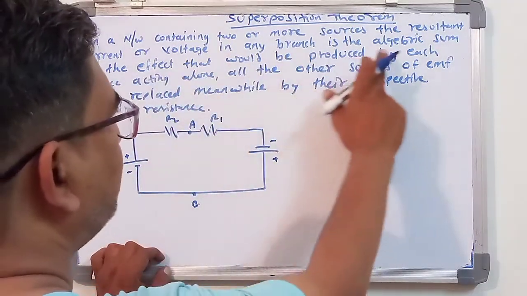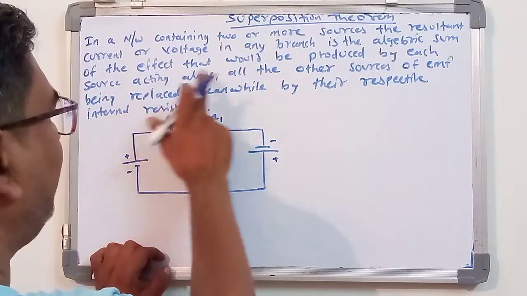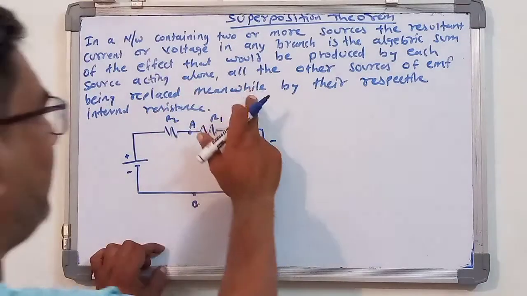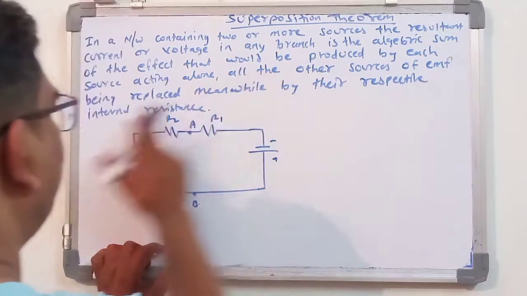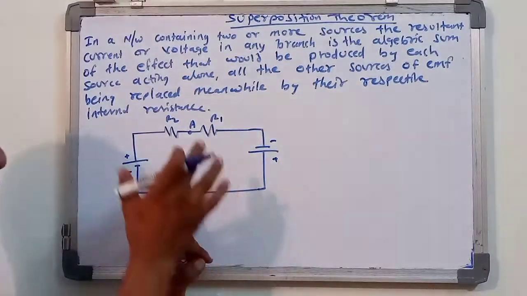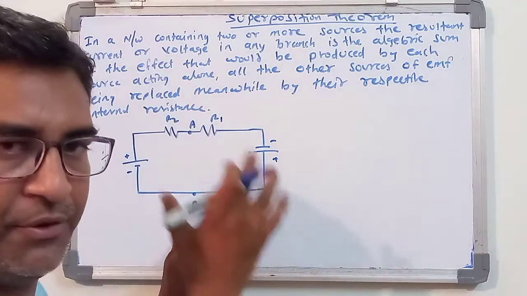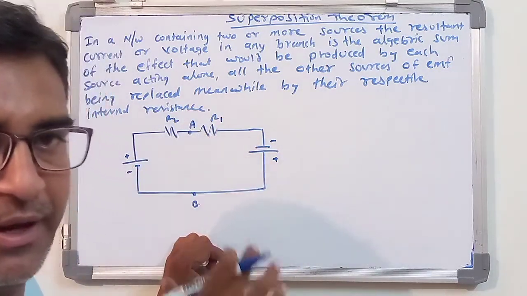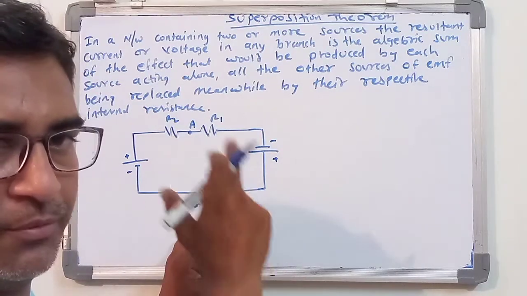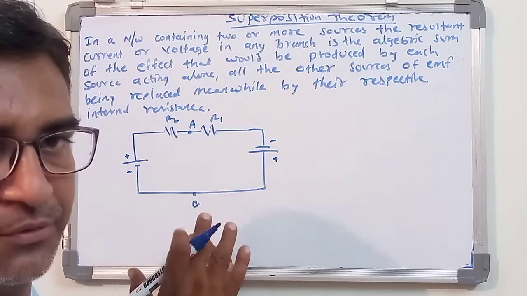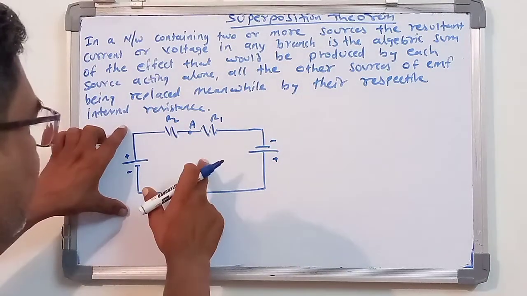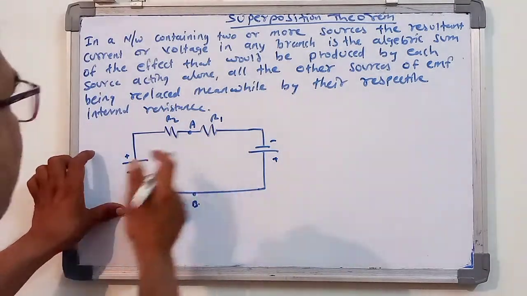The effect is that which would be produced by each source acting alone, with the other sources of EMF being replaced meanwhile by their respective internal resistances. So first you have to consider and understand this circuit, and what its meaning is. Okay students, now as we have considered this circuit, what you have to do,